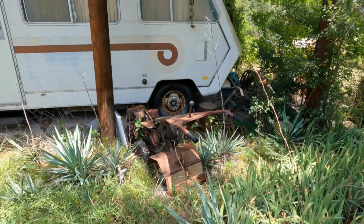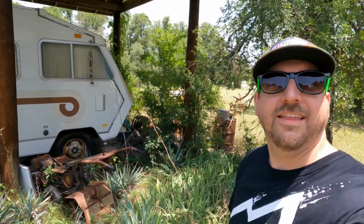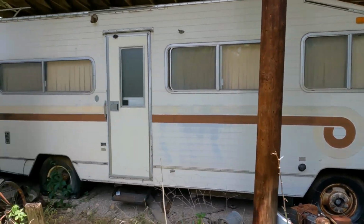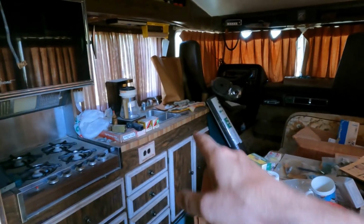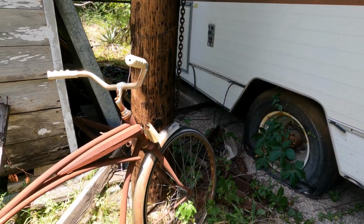We also have this crazy old Open Road RV. This thing's a trip, y'all. It is totally original inside. Do I still have the keys? I do. Okay, so adventure in this old motorhome. It is dirty, but totally original in here. It is nuts. He's got a bunch of ammo and stuff sitting on the table and over there, but it's all there. But man, it's messed up, so it might be a whole lot more trouble than it's worth. Cool old Roadmaster bike,